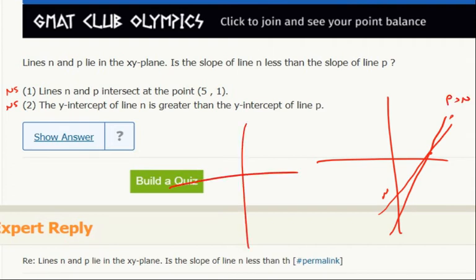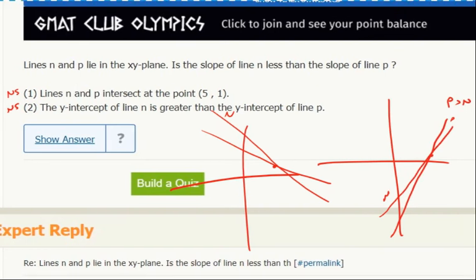Now, what if they're negatively sloped lines? Starting there, they have (5, 1). They have to intersect there, and then the y-intercept of line N still has to be greater. So N is like this, and P is like this. Well, the trick here is that even though N is steeper, when they're negatively sloped lines, it's actually the less steep one that has the greater slope,